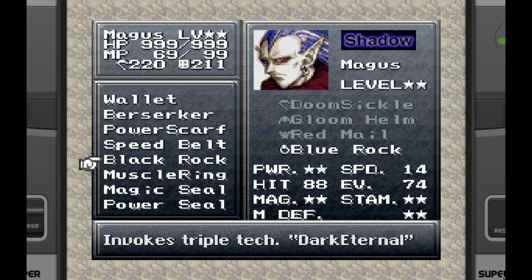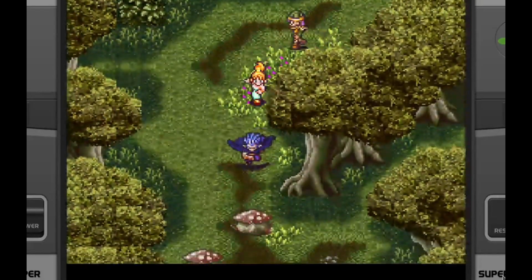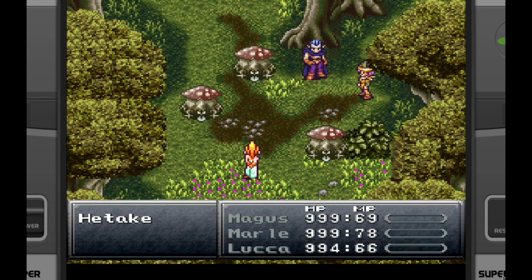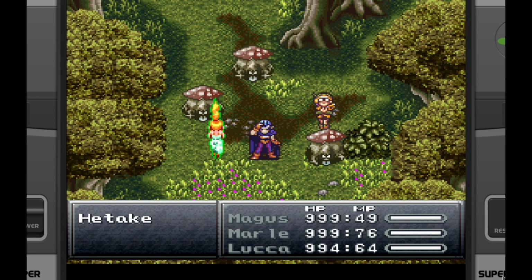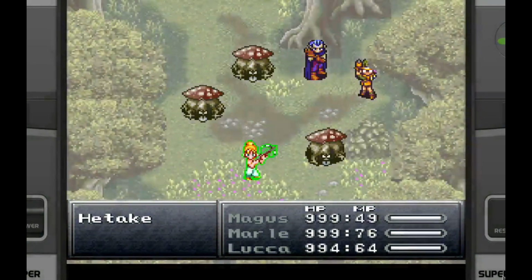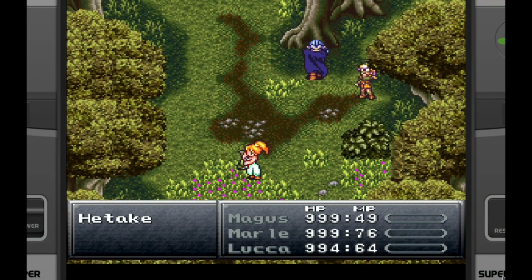And this one is for the Black Rock for Dark Eternal. Yeah, I think a lot of these rocks are ways to get more techs for Magus, kinda, because this is the only way he can do techs with other party members. I think this one's pretty good, too. Yeah, I mean, Omega Flare is still better, but...